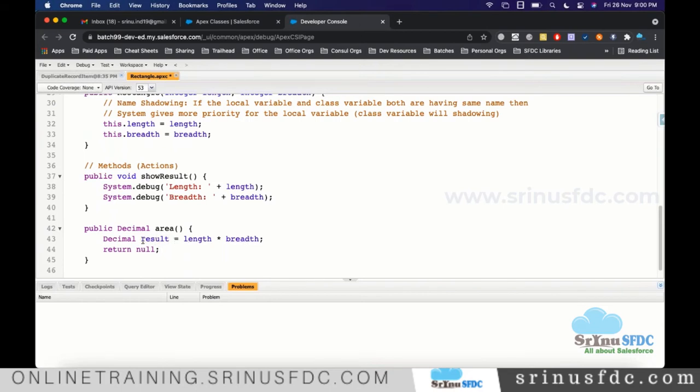After doing the calculation, I'm storing it in a variable temporarily, and finally returning that result.